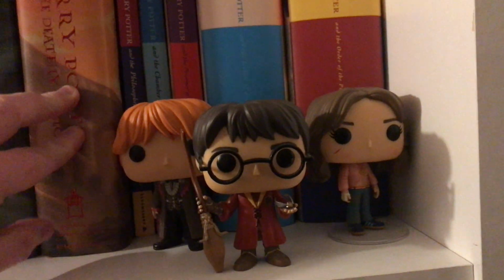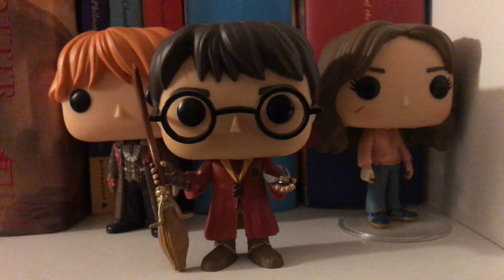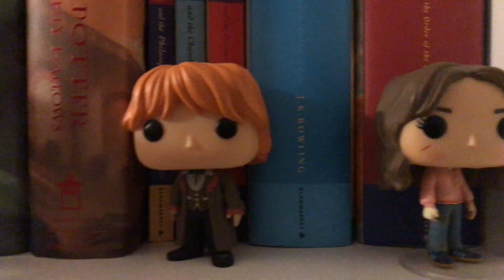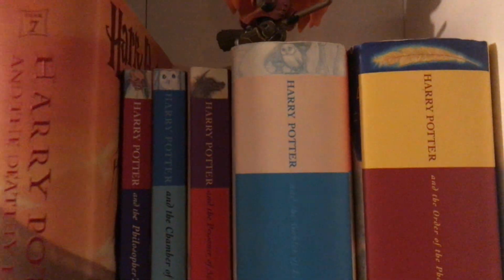Here are the Funko Pops for Harry Potter. We have Hermione, Harry, and Ron. And up here I have Ginny on the broom. Now I'm going to move these, but I will not be taking out the 4th book because of Ginny. So this